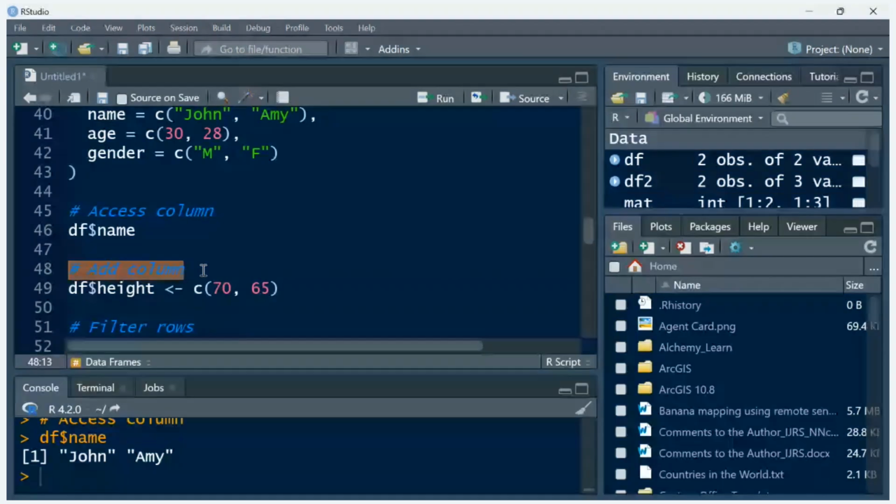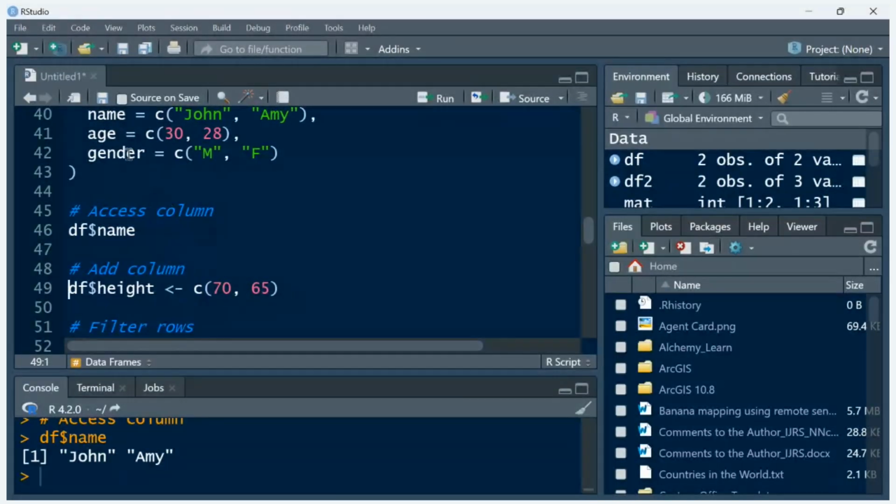R is very, very simple. So this is how you add a new column. You use the dollar and the column name. You don't need to add inverted commas. Just write a new column name, and then you're supplying it with value directly. So if I run this now, it's going to include